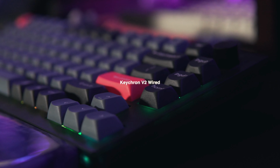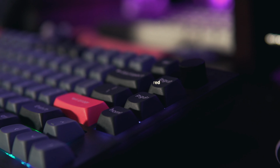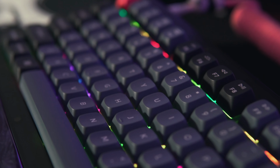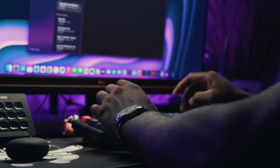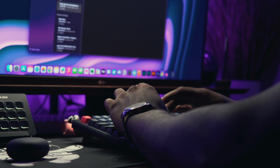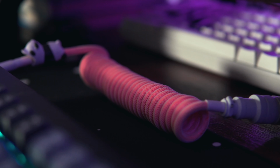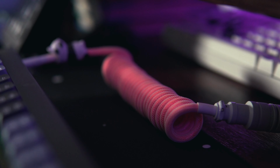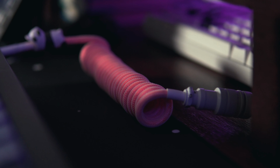I had the RK61 before, but ever since I got this keyboard, I haven't felt the need to get another, because this feels so good typing on. And I got the brown K Pro switches, which sound very nice, and I paired this up with this orange coil cable, which does nothing more than just give your keyboard a cool look to it. And everyone seems to be using this in their setup as well, and I highly recommend this if you're into